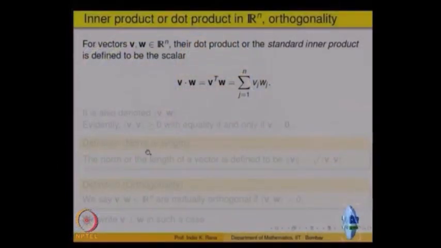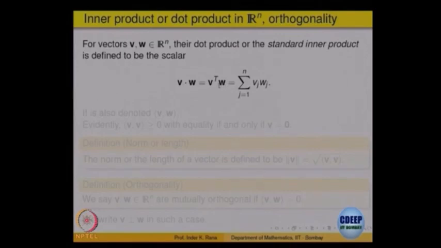Right. So, let us start doing it in Rn. For two vectors v and w in Rn, you can define their dot product as follows. If you treat v as a column vector, it is n cross 1. If you write its transpose, it is 1 cross n, multiplied by another, and your answer will be 1 cross 1, a scalar. So, the dot product of v and w is defined as v transpose w, the product as matrices, or it is the same as v1 w1 plus v2 w2 plus dot dot dot vn wn, either way.